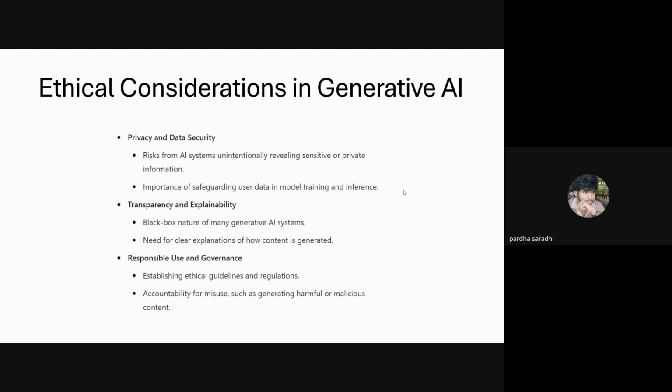Your data is having one copy with it. Okay, this is one of the important things, the privacy and data security. And the systems are lacking transparency and explainability. Even with Gen AI transformers, any model right now, we are seeing they are lacking